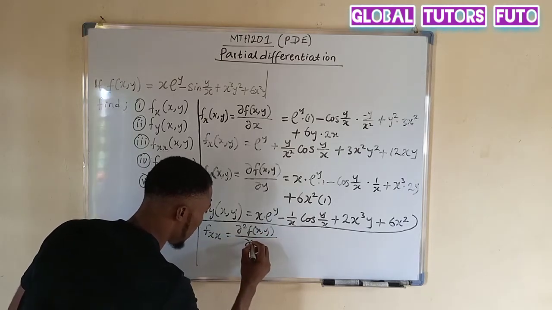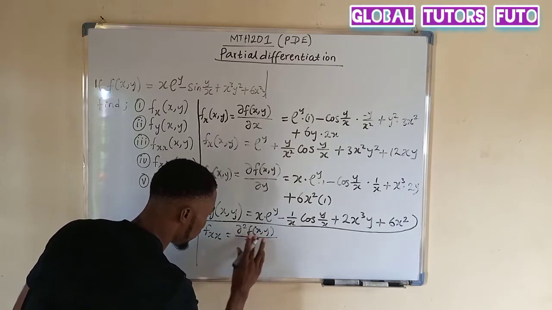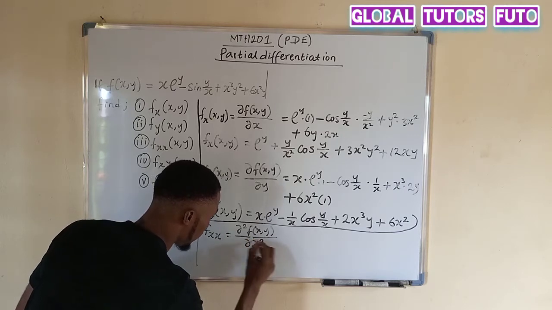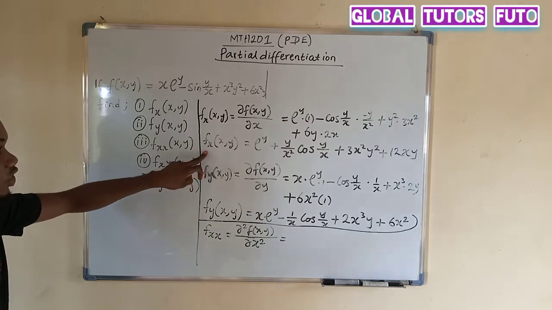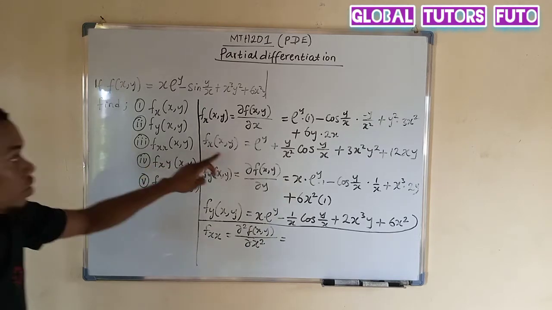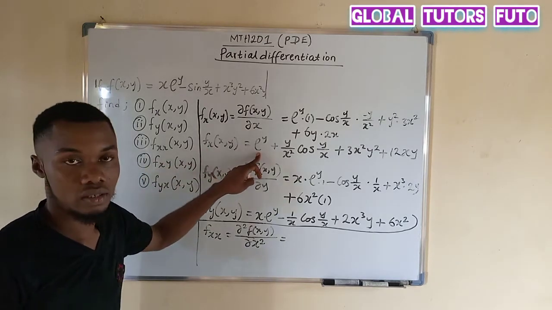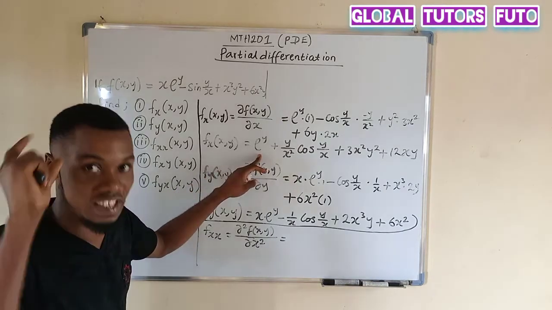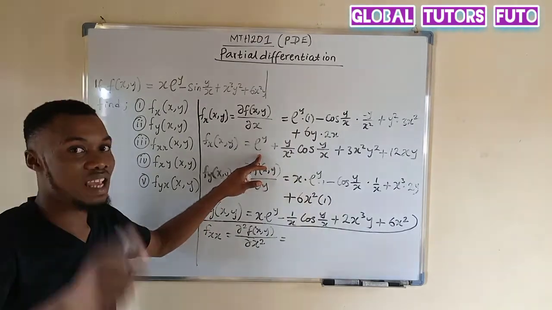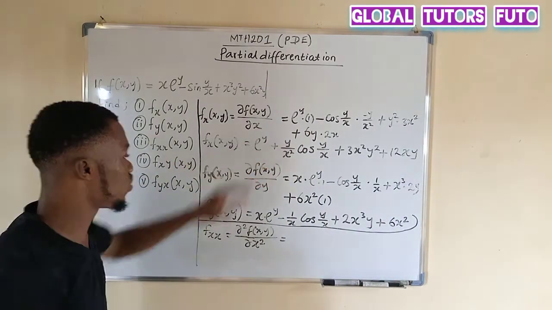So we're differentiating with respect to x again. This will be equal to, so we go to f of x. We're differentiating it again now with respect to x. There is no x here. There is no x here. So when I differentiate this now, automatically I will get 0. Remember, anything that is not x is a constant. So this will give me 0